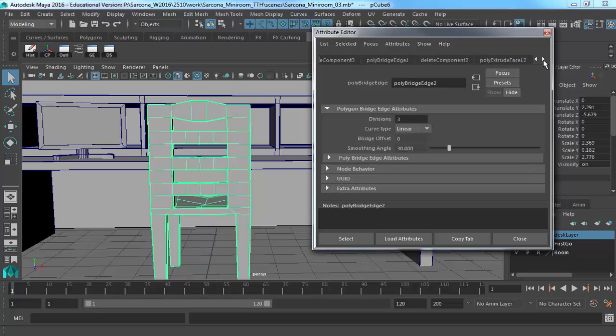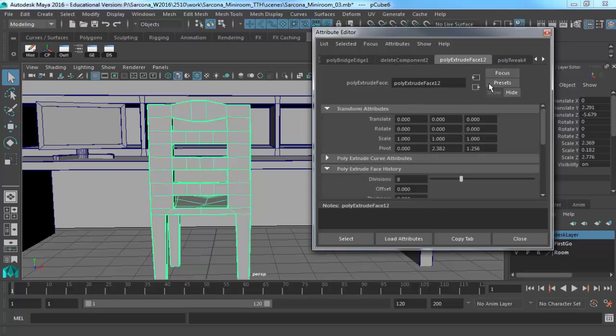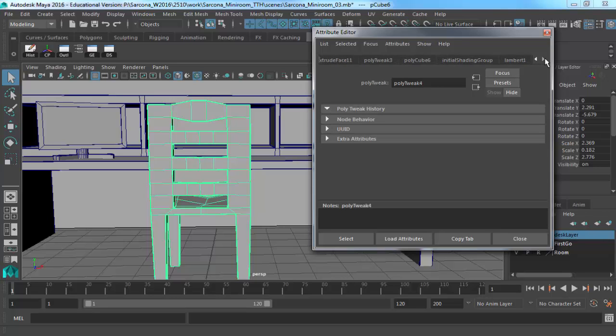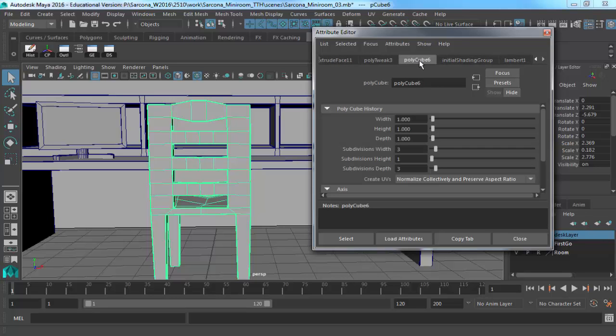I did a bridge. Okay, I extruded. That's how I got the arms up there. I tweaked. Okay, all the way back to where it first started, where it was just a cube, and then it started adding divisions, and then starting to extrude stuff, and using bridge, and using bevel, and all that other stuff. Okay, so this is all the history items that are involved